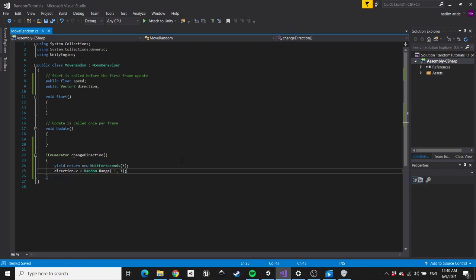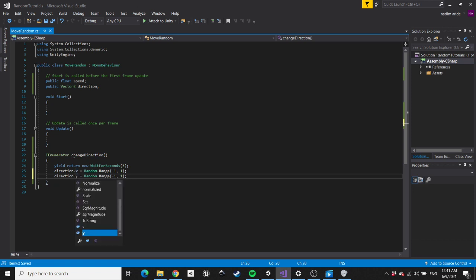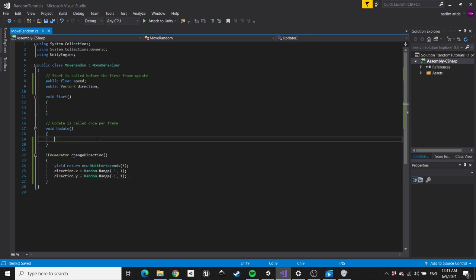So it should choose -1, 0, or 1. Do the same thing for y. And then basically we would just multiply the speed with the direction, and then we could move accordingly. So something like,